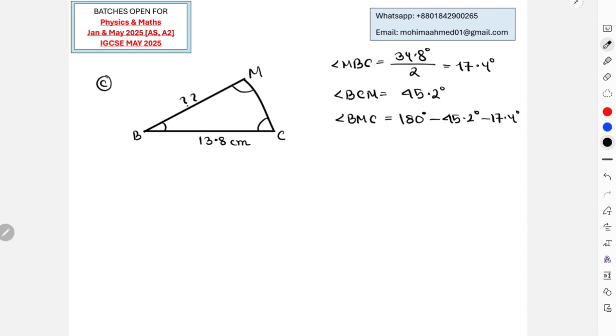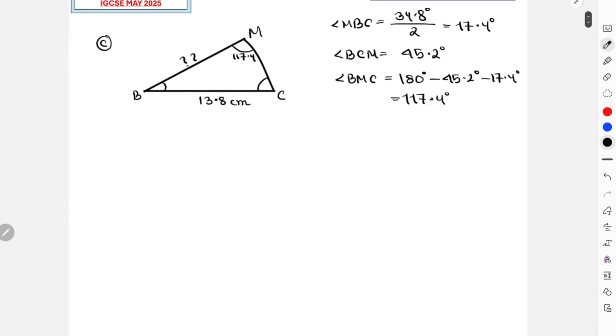This is going to be 180 minus 45.2 minus 17.4, which turns out to be 117.4 degrees. So this one is 117.4, and using the sine rule I can easily find out the value for BM, right? Because for BM, the angle for C is already provided, 45.2. So for this case, now I have sine 45.2 degrees divided by BM